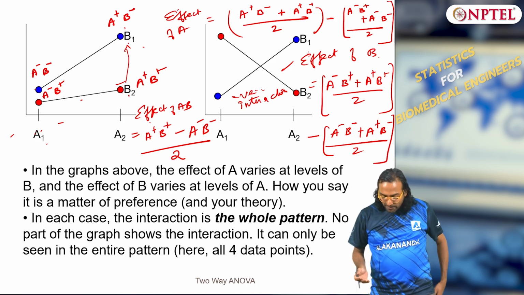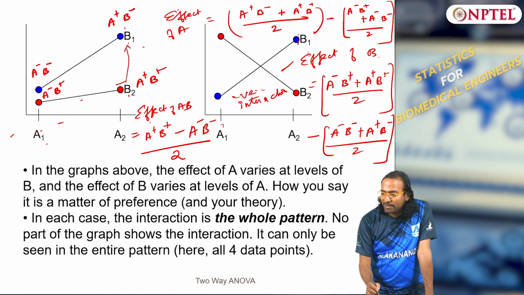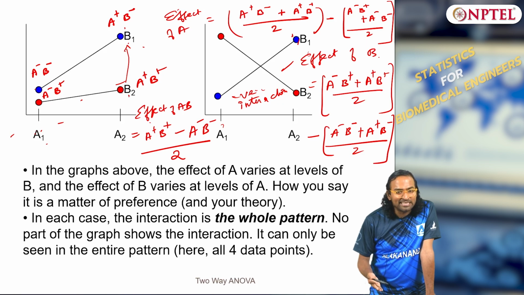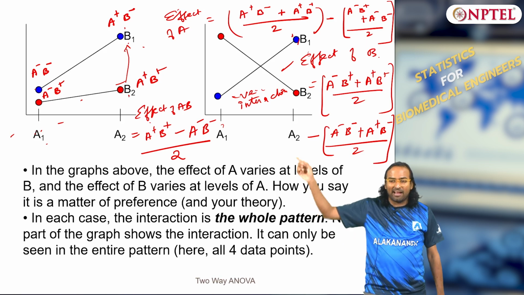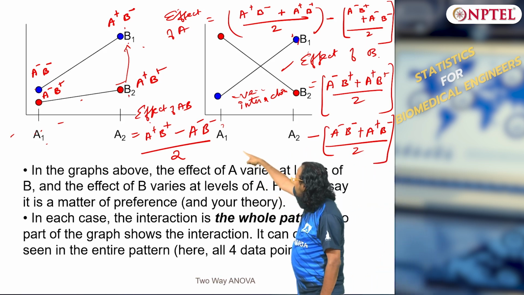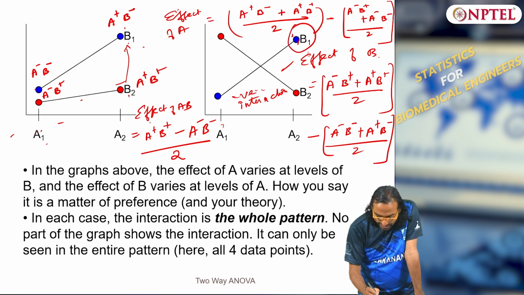right? What you would have expected, if A positive, you see, this is A positive B negative, which is higher than A positive B positive. What does it tell you? It is actually one is pulling the effect of the other. Just by plotting a simple graph, look at the second graph, what is this point? A2 B1, that is nothing but A positive B negative, and what is this? This is A positive B positive.